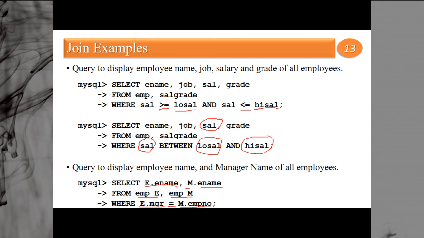So select e.employee name, m.employee name. So m.employee name is the manager name and e.employee name is the employee name. From employee E table, employee M table, where employee's manager is equal to manager's employee number. So this is how we can perform the self join.